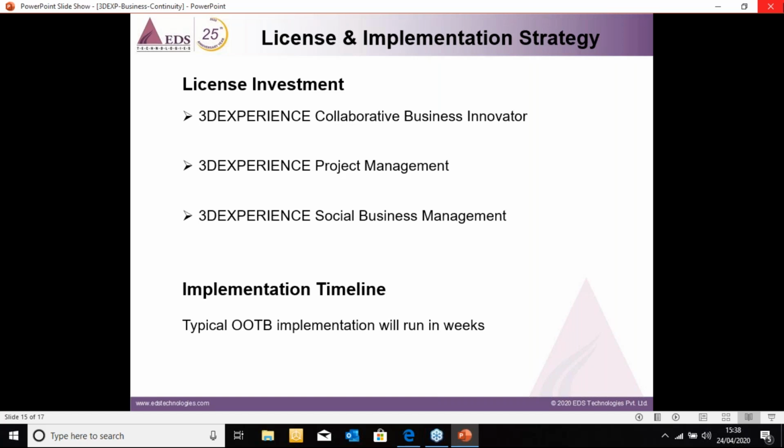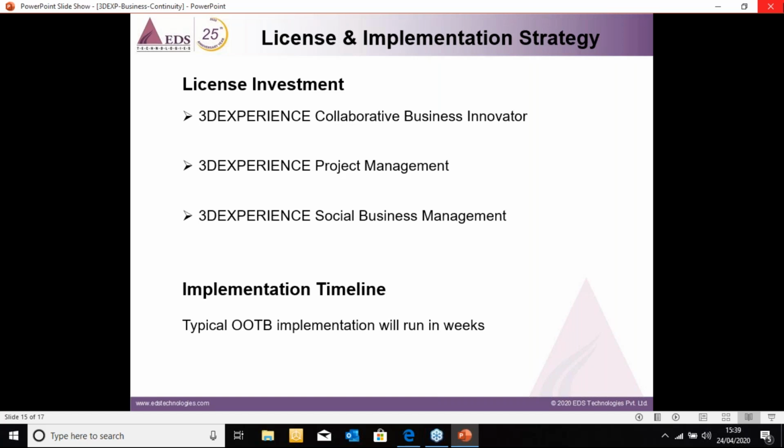Additionally, you can also have project management and social business management as part of the solution you would like to leverage, as there is a good offer being offered by Dassault Systemes to all our existing customers or to the new customers who are part of this webinar, that I would like to stress upon.